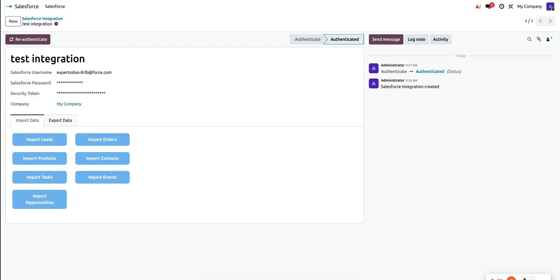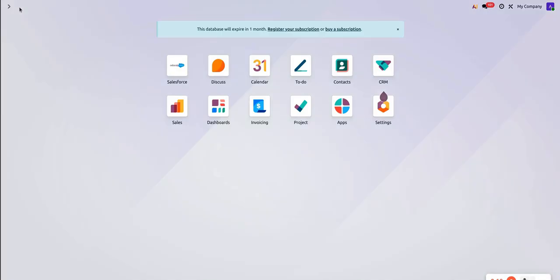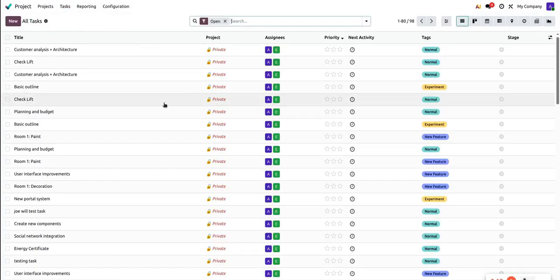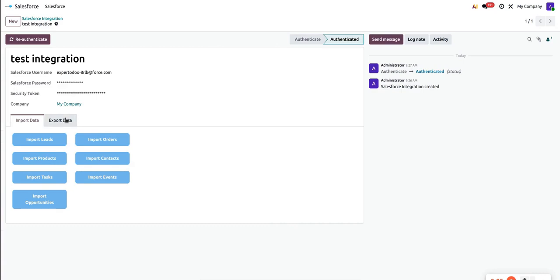Then we will go for the task. So when we click on import task, we will go for the CRM projects, and inside of all tasks, here you can see all tasks are in the private because there is no project defined. And then we will go for the events. So when we click on import events,